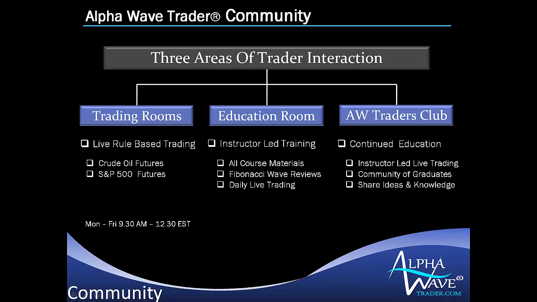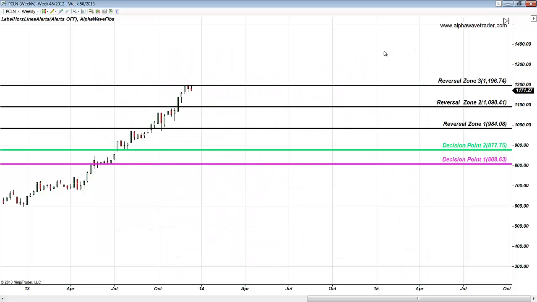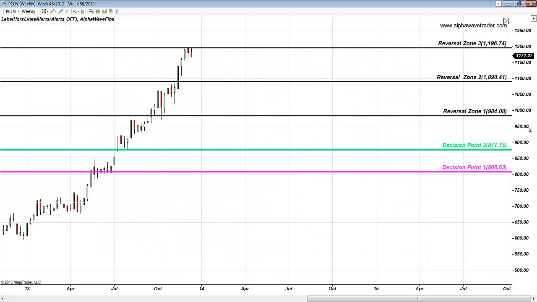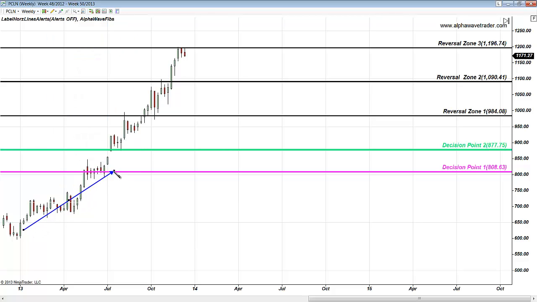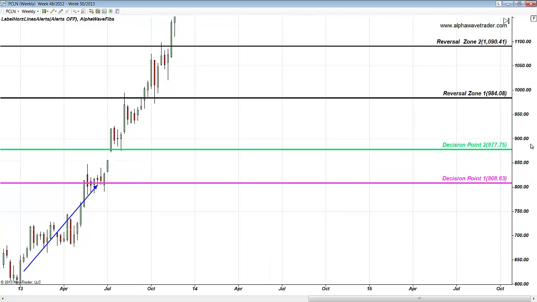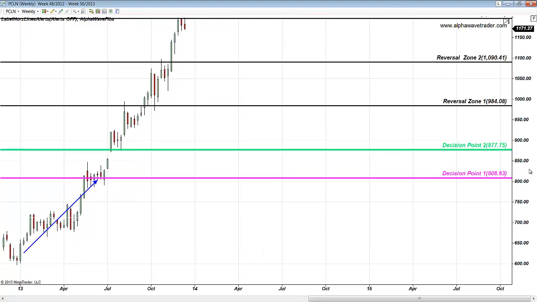All right, here is PCLN Weekly. What has happened when PCLN Weekly had reached the first time decision point 1? Since 2013, you had an incredibly powerful buying opportunity at 600. 808 was your first level of profits if you're trading the weekly chart. How many weeks has PCLN struggled at this level? PCLN struggled at this level for 6-7 weeks. Continuing on with